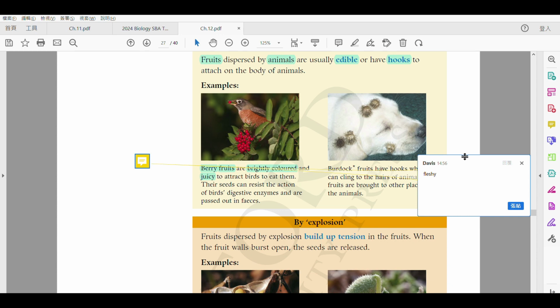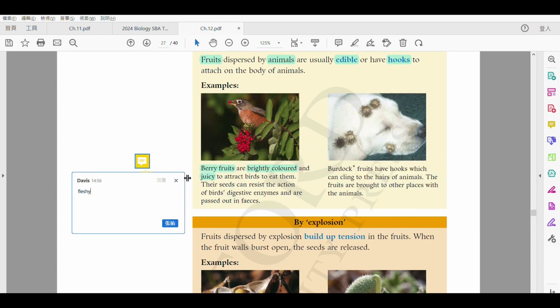OK? So this can attract animals like birds, for example small birds, to eat them. The seeds, note one thing, the seed can resist, resist means 抗拒, the action of the digestive enzyme in the bird. Right? But it may not be able to resist the digestive enzyme of humans. Okay, this is